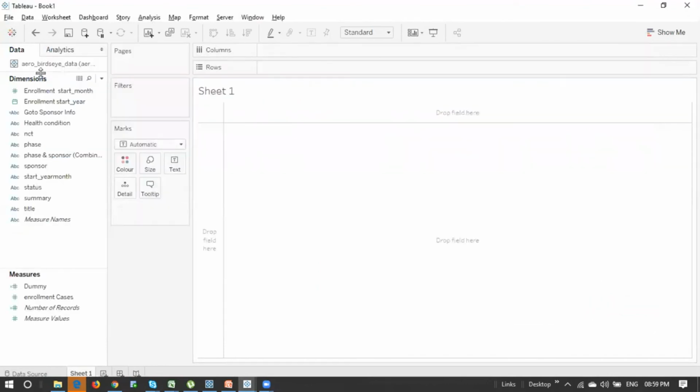Now you can observe the screen here. We have one data source now in the new workbook with the Tableau logo symbol. Whenever you see the Tableau logo symbol in the data source pane, that is called a published data source. Now you can create reports with this and publish to the server.